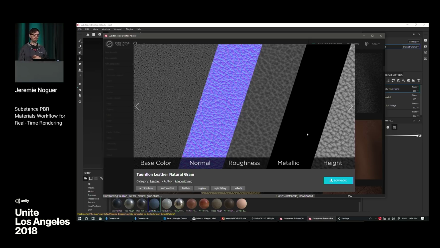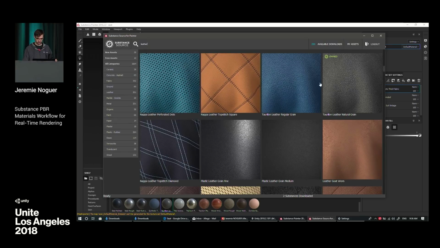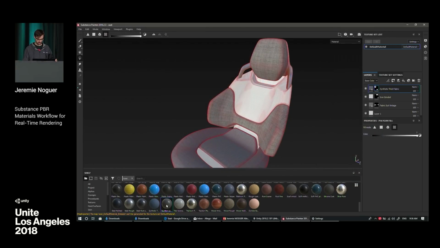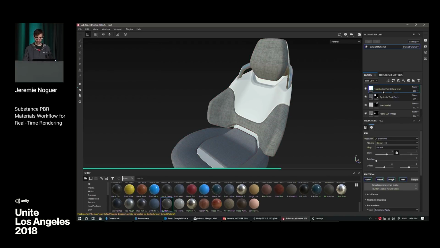As I said, the leathers are extremely hard to create procedurally. So we tend to do the scanning, and we do the scanning ourselves, but again, we use the same DIY scanning device that you can build pretty easily by just following instructions on our website. All right, it's downloaded now, so I can just go in and apply this on the last part